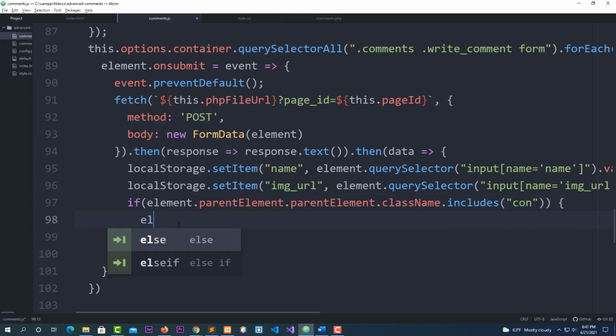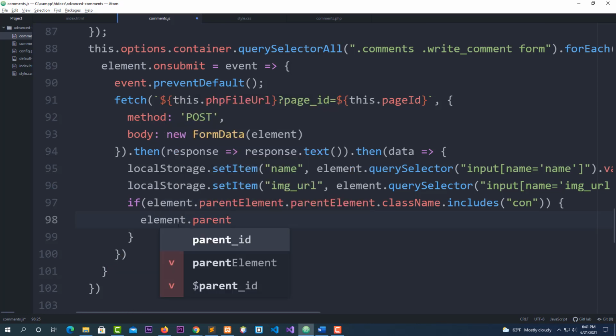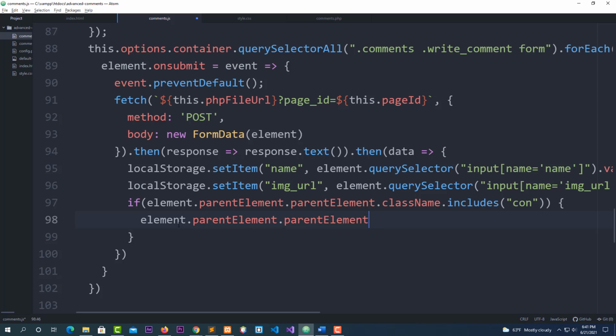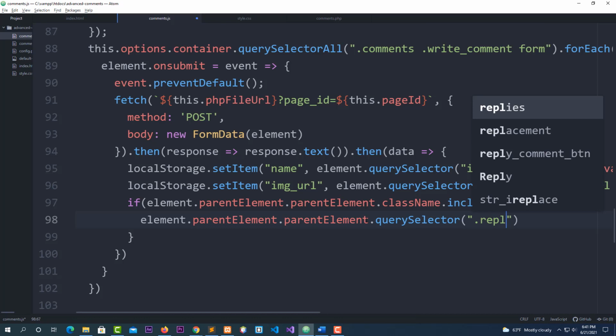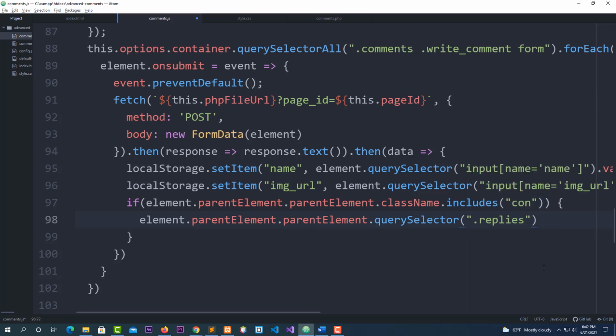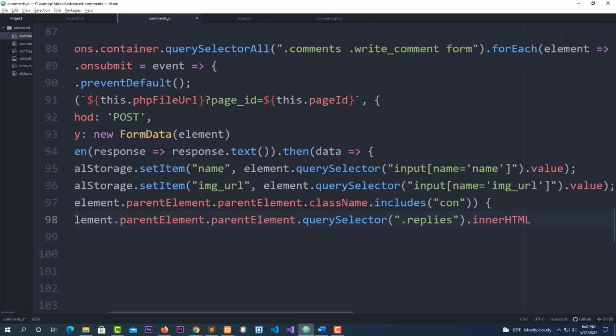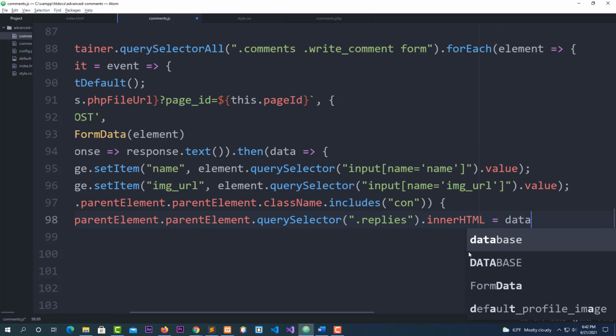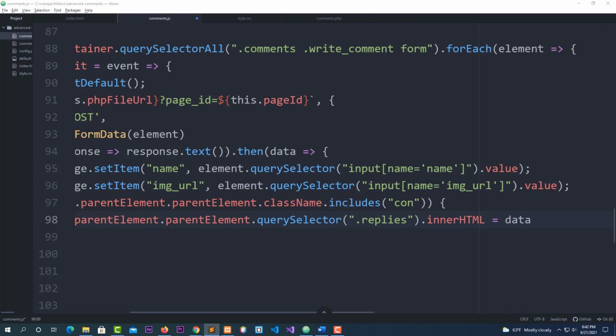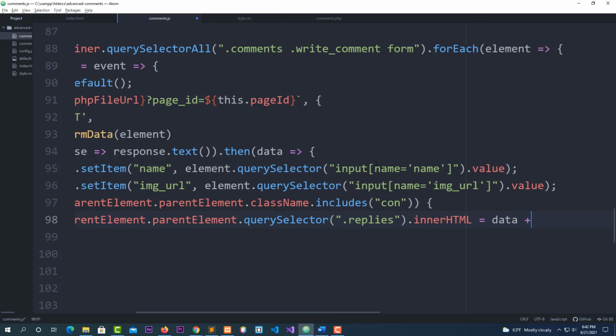inside of this if, I'm going to say element dot parent element, okay, dot parent element again, dot class, no, so it's an element dot parent element dot query, at this time should be query selector, okay, parenthesis double quote, dot replies. Okay, now after this closing parenthesis, put dot inner HTML equal data,